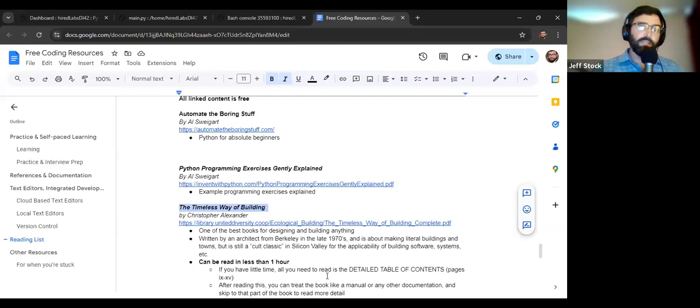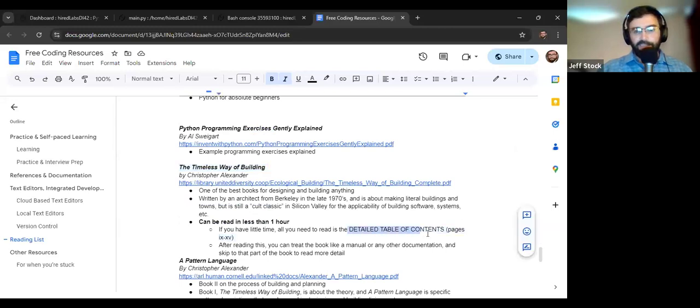It's set up in a way to be treated kind of like a reference book, not a novel, right? You don't need to read every single chapter, every single page. There's something that you can read in an hour, the detailed table of contents. I think it starts on page 9. There's a free PDF in here that if you start on page 9, it's about like 6 pages, I think. It goes page 9 to page 15, where it's like the really important ideas that are boiled down. If you read the entire book all the way through, it kind of elaborates on those points. But the idea is that you can just spend about an hour flipping through that part and then go back to it as a reference as you're attacking your design problems, whatever things you're trying to design.